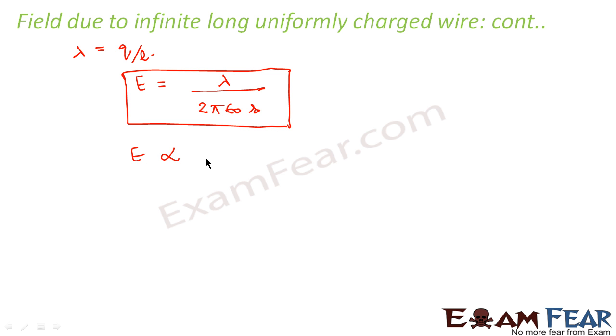So what do we see? We see that electric field is inversely proportional to r, that is, it is inversely proportional to the distance. So as the distance of the point increases, the electric field at that point decreases. Right. So here you saw that there was no need to do a lot of calculations. We just chose a suitable Gaussian surface, and with the help of Gauss law, we were very easily able to calculate the electric field.